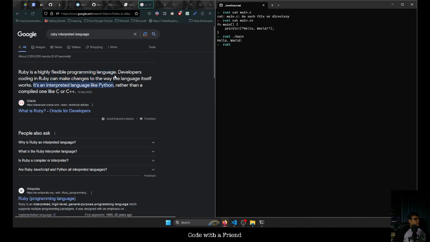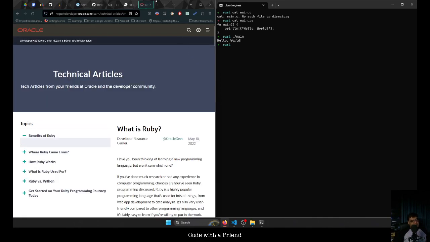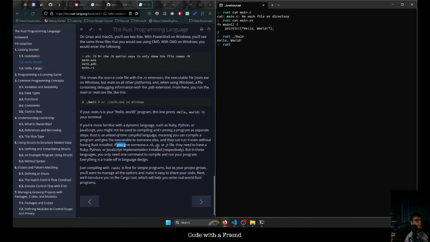Developers calling Ruby can make some interpreted language like Python rather than compile one like C, C++. So that's what Oracle mentions. But anyway, I think we are sort of diverting away. My point was that this is not a right comparison to make, because Rust should be compared with systems programming languages like C, C++, which directly get compiled to machine code and do not have an intermediate state. So anyway,